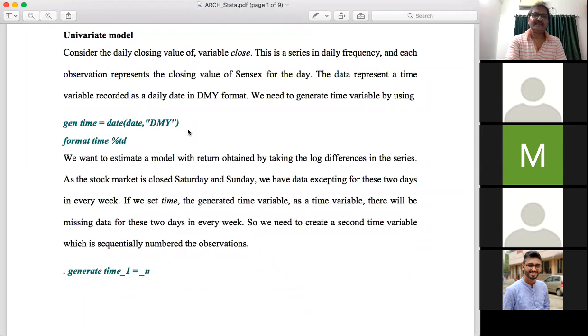Now, before using this data, you have to have some basic idea about the nature of the data. So it indicates the sensitivity index, Sensex. Sensex provides you a summary of the performance of the stock market, the Bombay Stock Exchange. In a secondary stock market, a lot of equities, shares, etc. are bought and sold during a day through the brokers. So this index provides you a summary measure of the performance of the market.